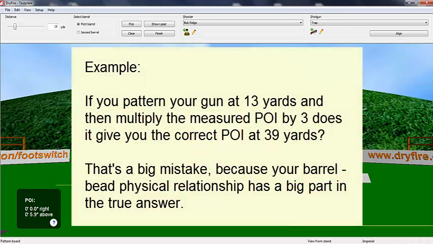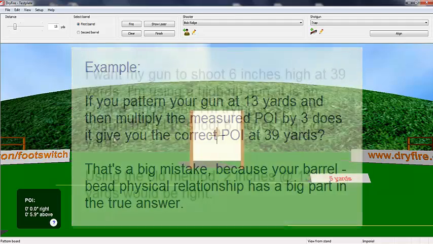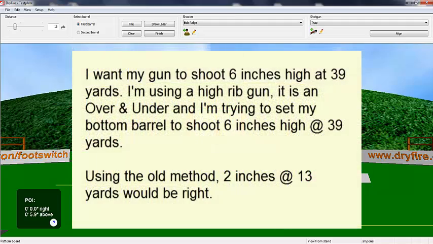One example I can share with you is a man who patterned his gun at 13 yards, then multiplied the POI he measured by 3 to determine his POI at 39 yards. That's a big mistake, because your barrel bead physical relationship has a big part in the true answer. Let me give you an example. Suppose that I wanted my gun to shoot 6 inches high at 39 yards, and I was using a gun like I had profiled in this video, where it has a very high rib, it is an over and under,